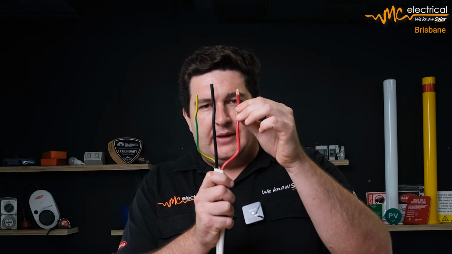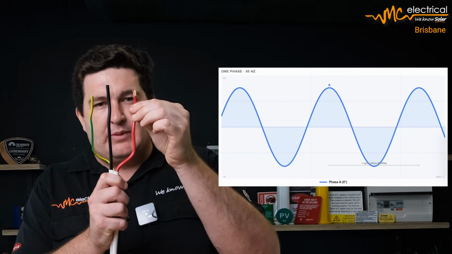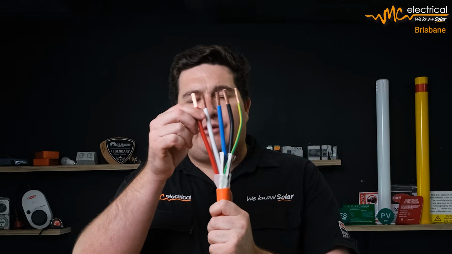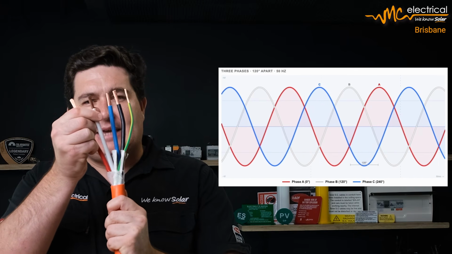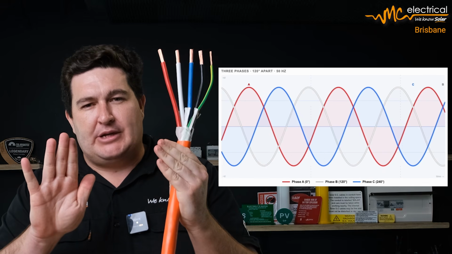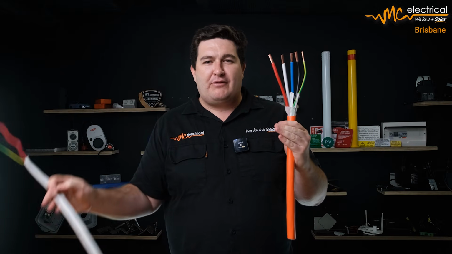We've got the active, we've got the neutral, and we've got the earth. So this is where the AC wave comes in. Now on three phase, which we have in this bigger cable here, what we have is three active cables. So each one of these actives has its own AC wave, and these AC waves are phase shifted from each other. So you can sort of think about it as like three pistons on an engine instead of one piston